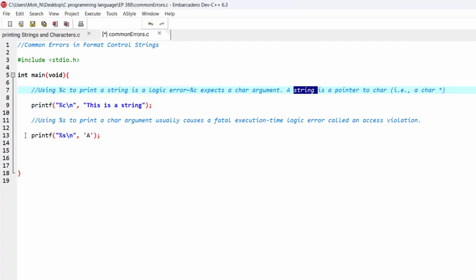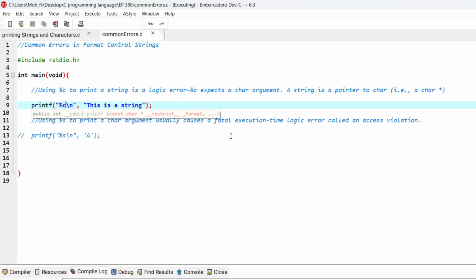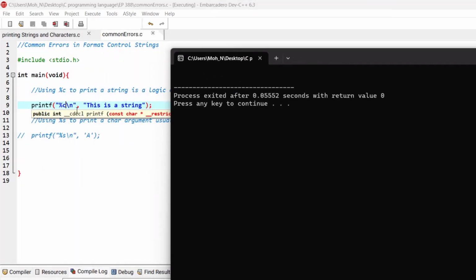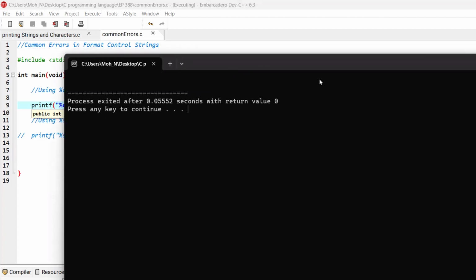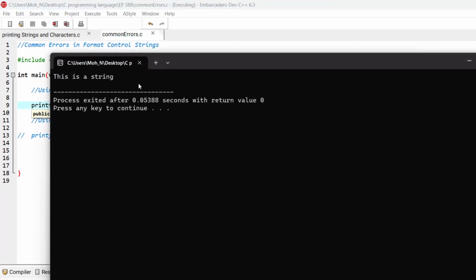So let's consider this example. For example, I'm trying to print this string using the conversion specifier for a character. Instead of %s, I have %c here, and that's what's going to happen. If I try to run this program, I will get no results because I'm trying to use %c, which is basically used for characters and not for strings, and this is a logic error. Let's go and change this to %s, and now I will be able to get a proper result from the